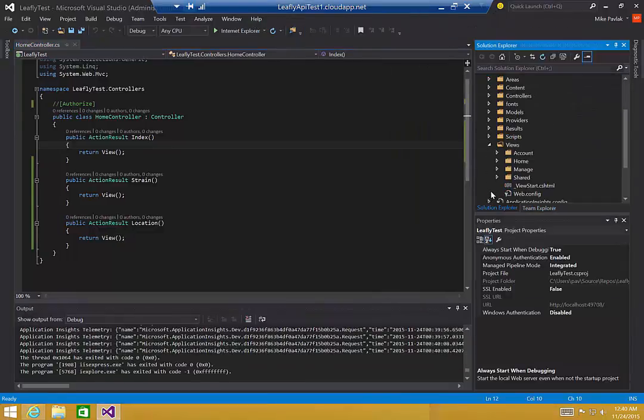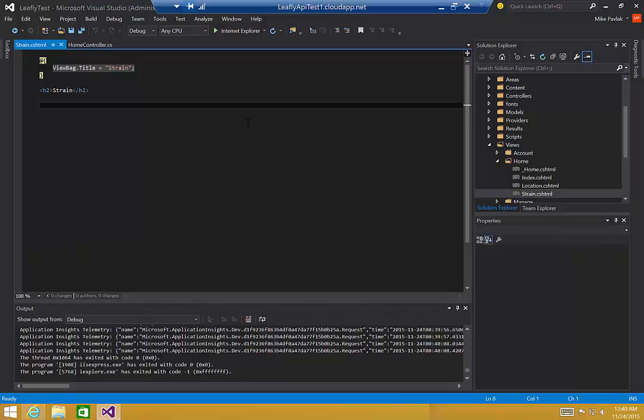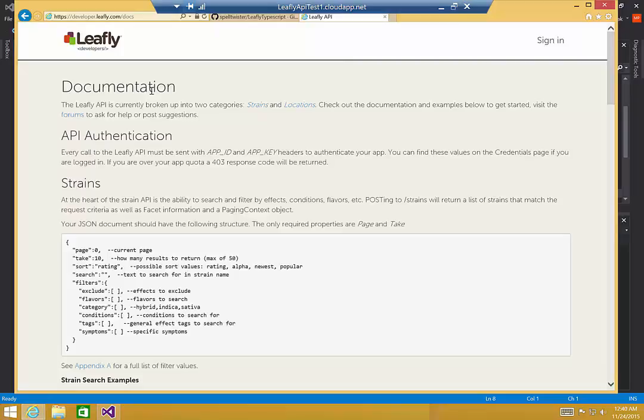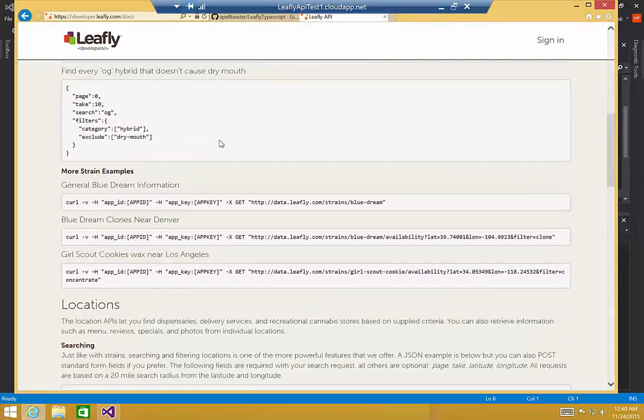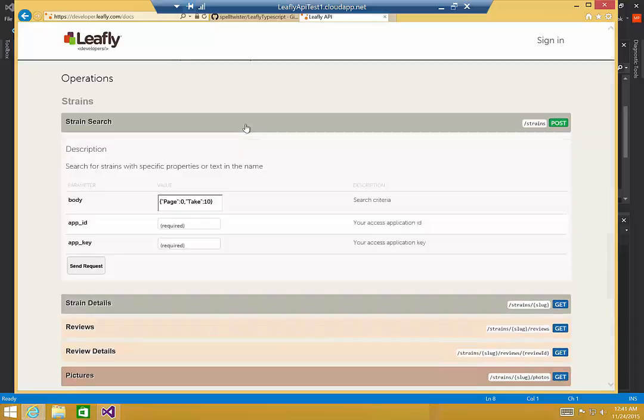So now, let's go ahead and start building the strings test page out. If we go to the API documentation for Leafly, for strings, we have the following 1, 2, 3, 4, 5, 6 options available. We can post to the /strings endpoint and get back search results about the strings that we searched for,